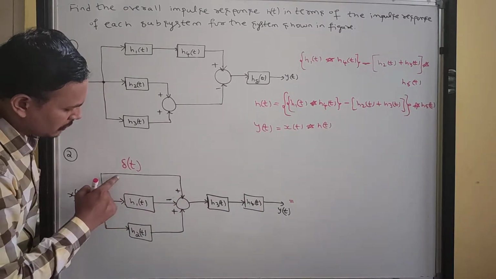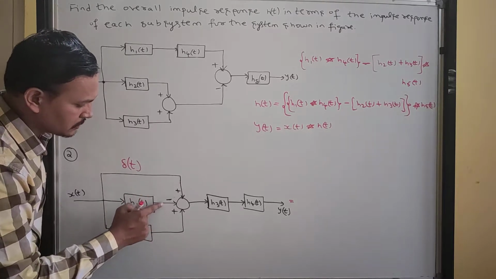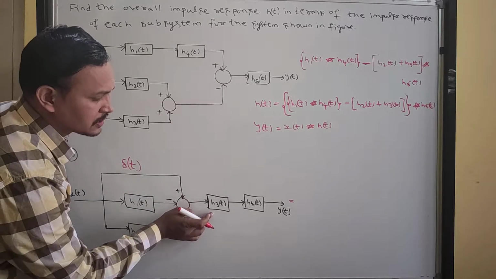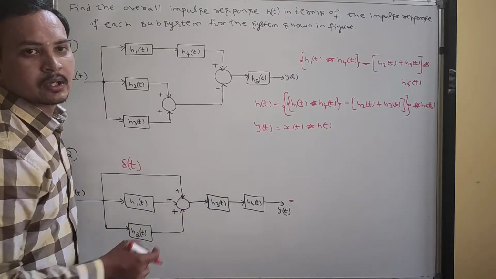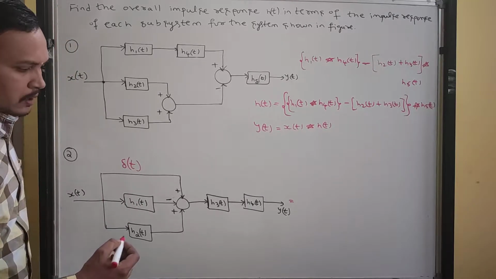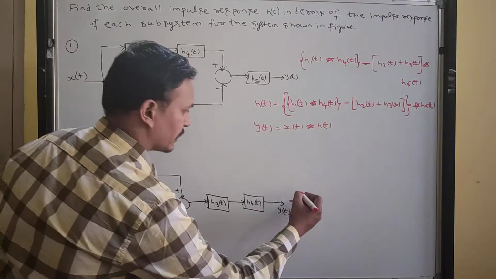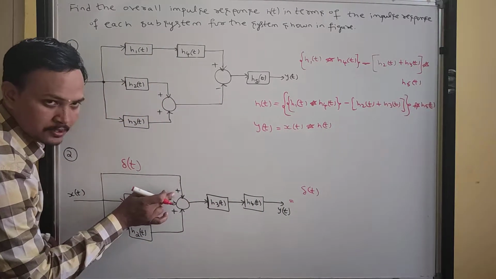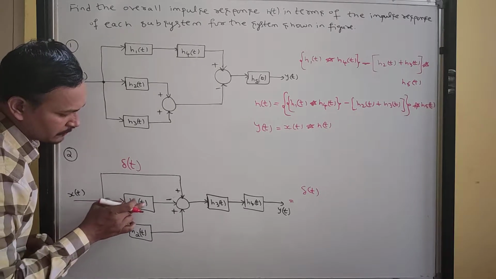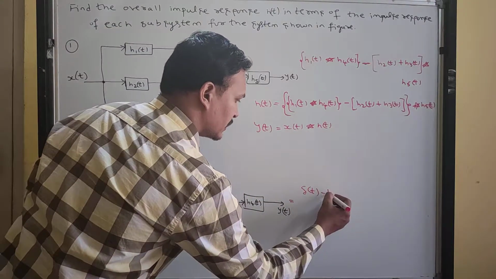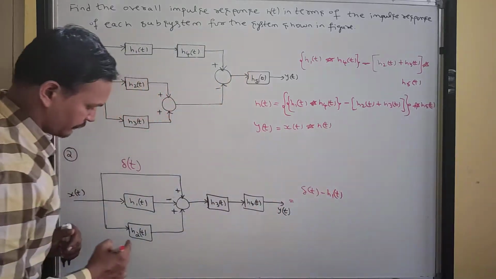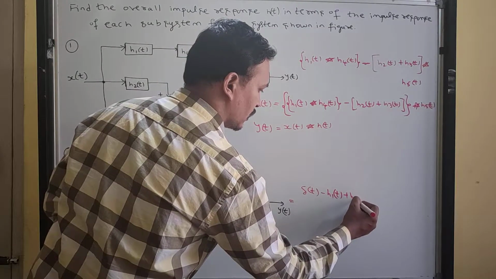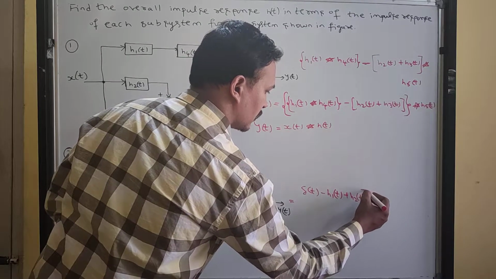Fine. Now all of these are connected in parallel. You see the symbols and write the overall subsystem for this set. That set is connected in series with this, and that is also in series with h4(t). Then how do we write the overall equation? Look here, I am writing this. δ(t) is connected to plus, so plus. h1(t) has a minus, so you write minus h1(t). Next, h2(t) is connected to plus, so plus h2(t).